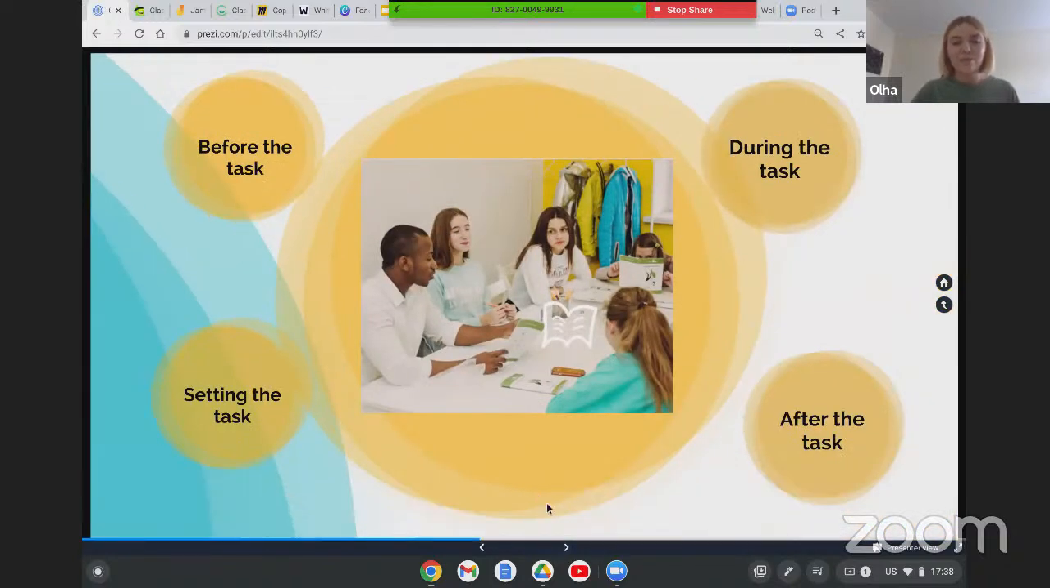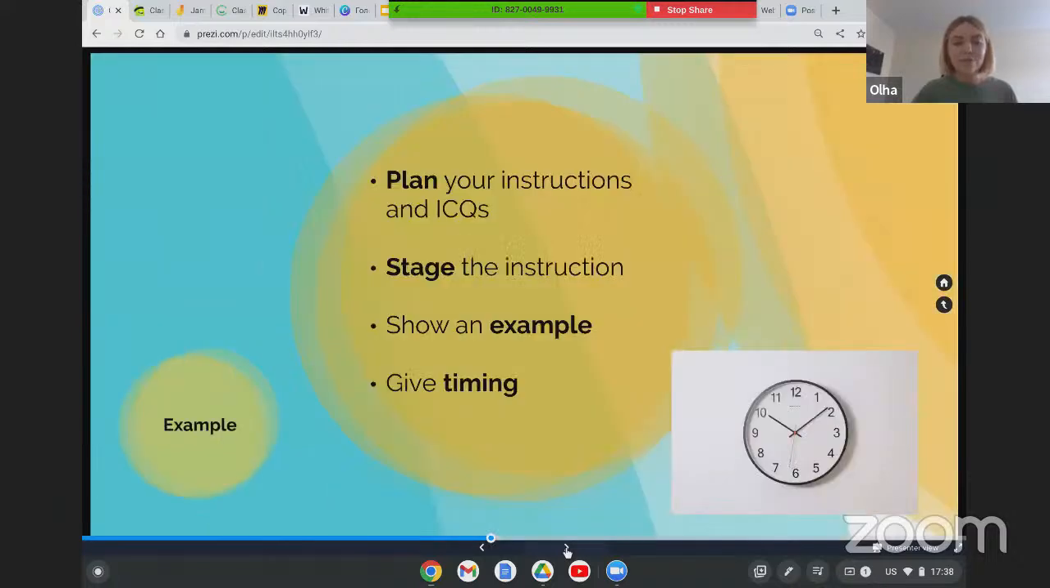Now, we are in the lesson and we are ready to set this task. So let's discuss what we can do to set the task effectively. First of all, plan your instructions and ICQs. Actually, there is one more thing you need to do before the lesson. You need to make sure your instructions are good, that they are understandable, they are specific, and they include all the necessary